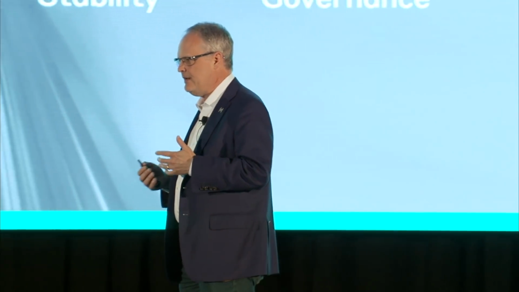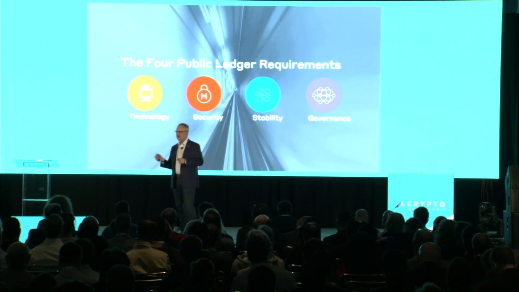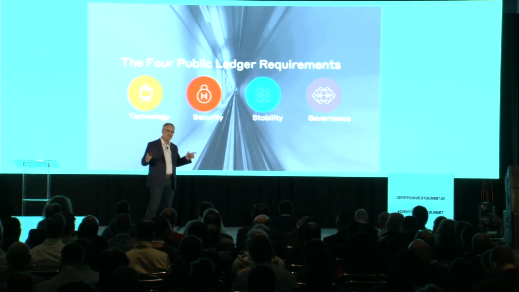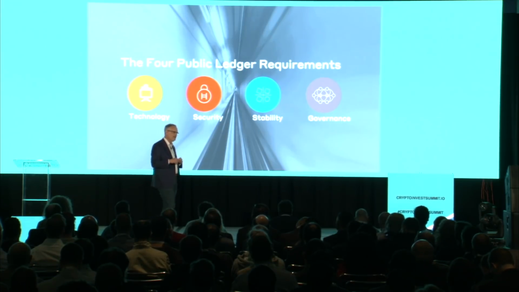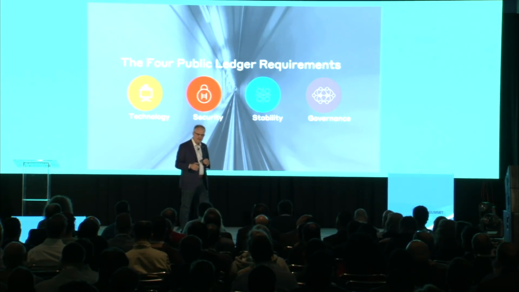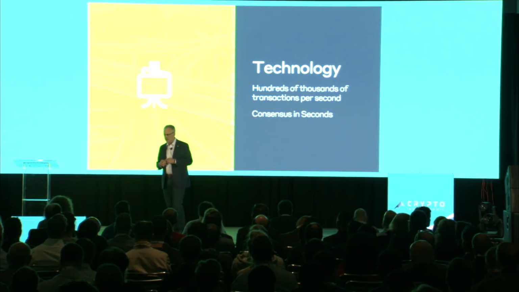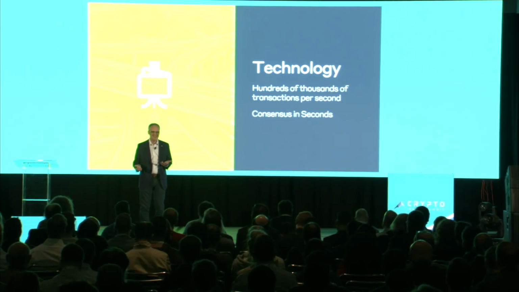So when considering what problems needed to be addressed that prevent mainstream adoption of public networks today, we came up with 4 categories. We took a step back and said, why is it that after years of availability in the market, there's still no enterprise-grade applications running on any of the public platforms today? And we identified these 4 categories of problems that needed to be addressed. First, you just can't do much with 5 transactions per second, right? And everyone knows it, and everyone's trying to solve this